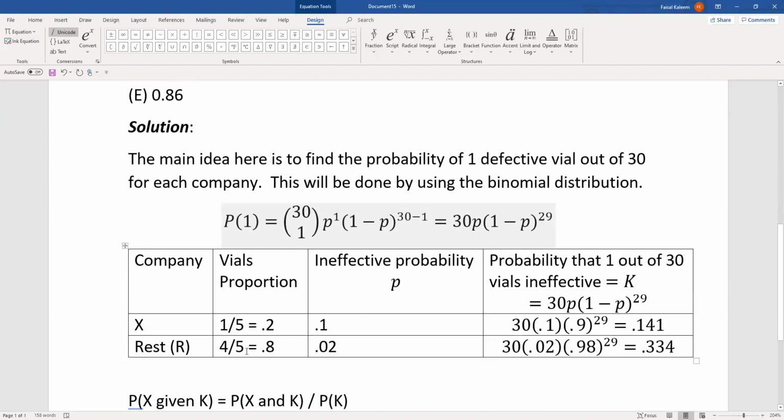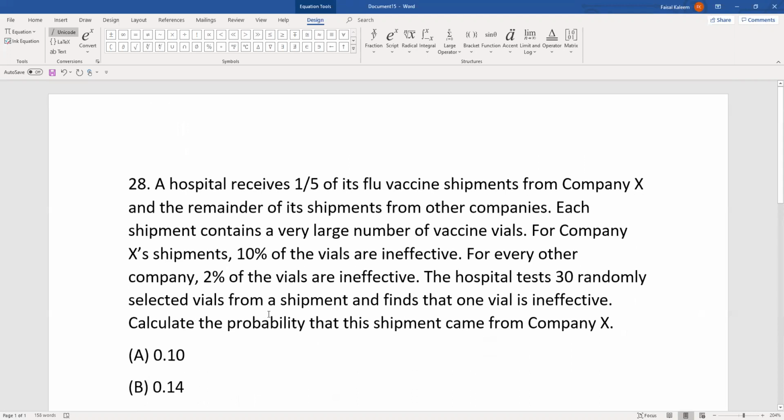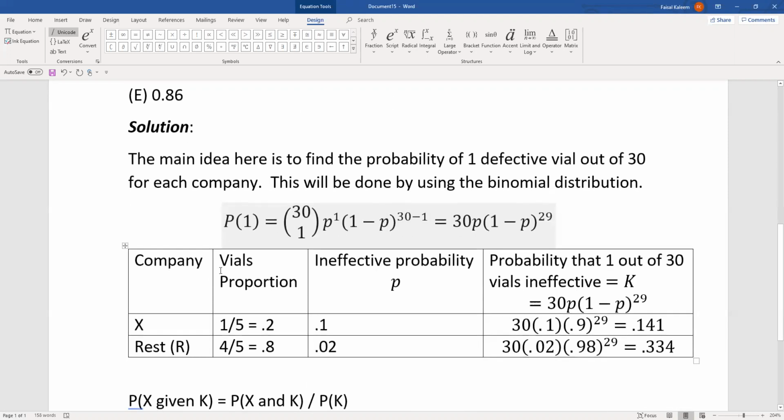So now we tabulate like this, company X and the rest of the companies. 1/5 come from company X, so that means 0.2, and then 4/5 from the remaining, that means 0.8. The ineffective probability from company X is given as 10%, and for the other companies, 2%. And then the probability of 1 out of 30 being ineffective will be by the binomial